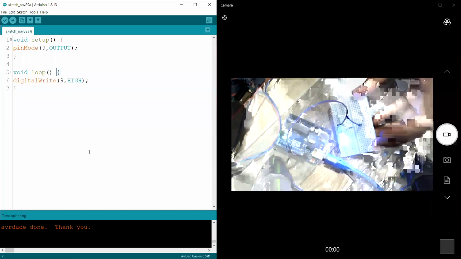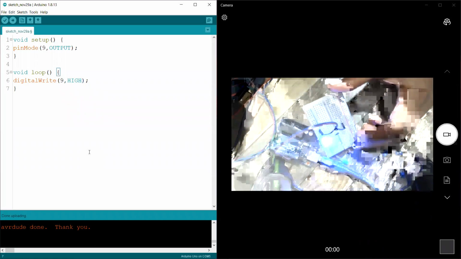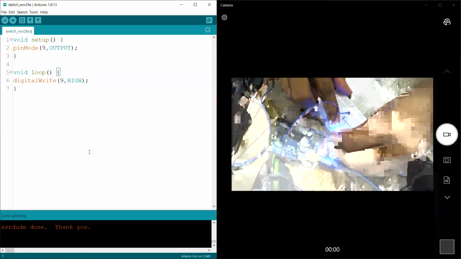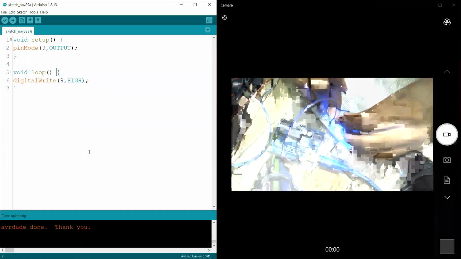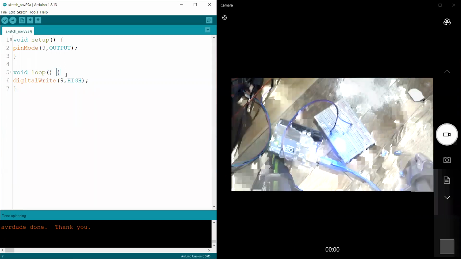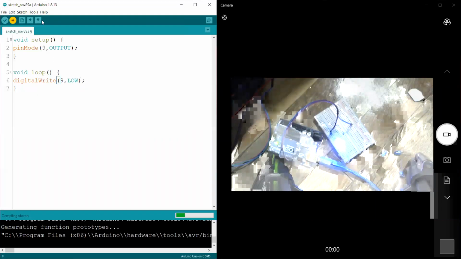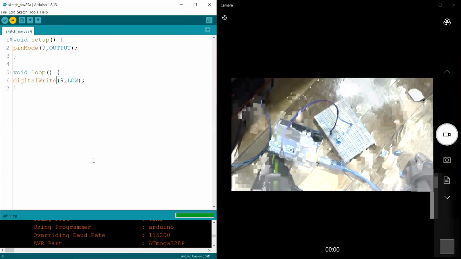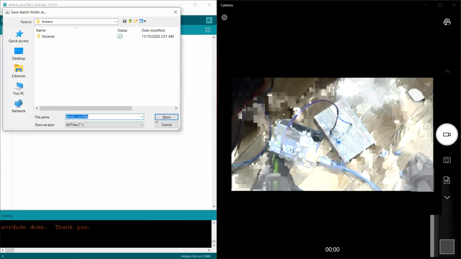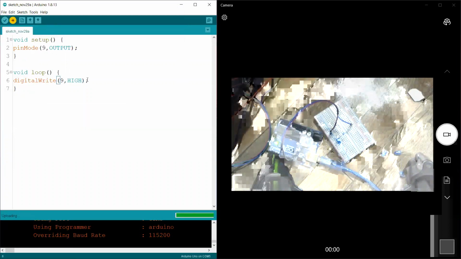It's a bit too bright, but yeah, we have to deal with that anyway. So this is high, and once I say low, it is going to turn off. I think that is clear enough for all of you right now. See, now it's turned off. When I say high, it's going to turn on.